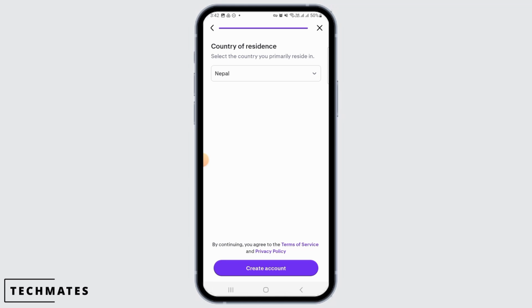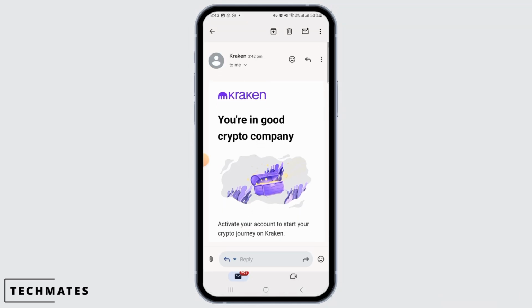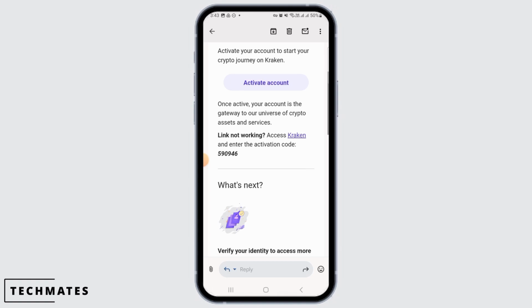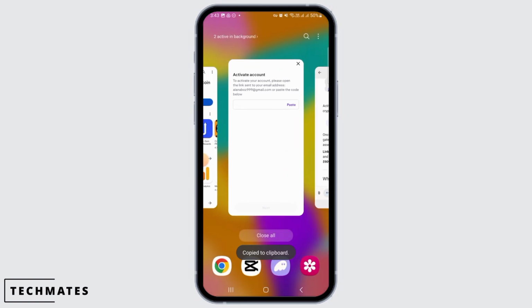Next thing you want to do is choose the country of residence. Once that is done, tap on the create account option. And now to activate your account, you want to open the link sent to the email address you just entered. This is the email that Kraken has sent to you. You want to tap on the activate account option, or you can also copy this verification code, head over to